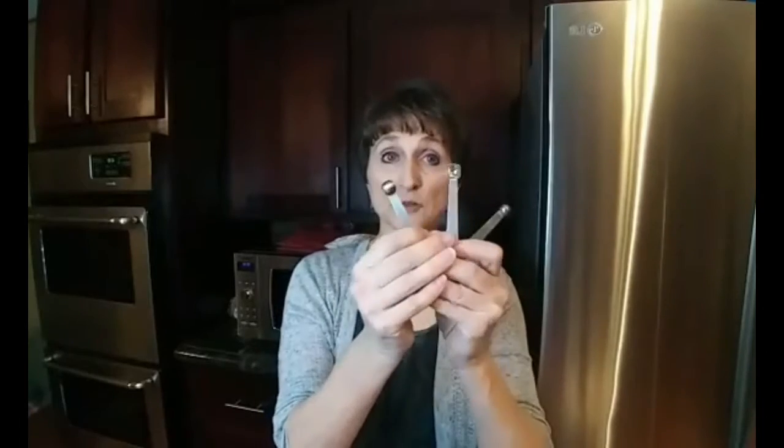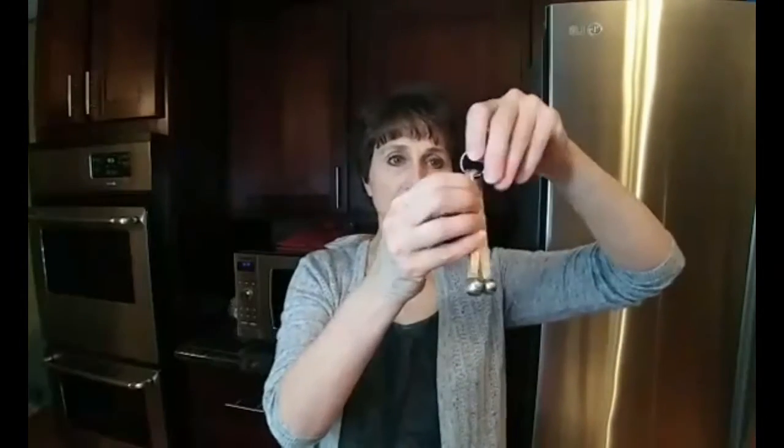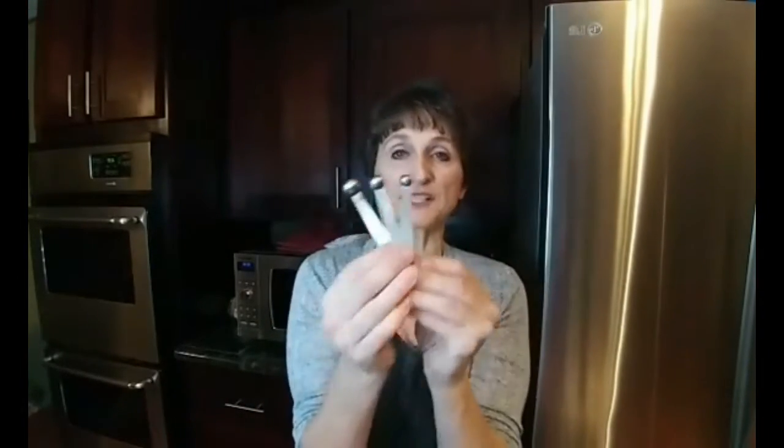So you definitely want to go with the metal measuring spoons. They come in a little ring like this, and there's all kinds of sizes, usually from a tablespoon down to a quarter teaspoon. This set actually was a gift to me because I didn't have it. This happens to be a dash, a pinch, and a smidgen, so really tiny ones. You don't have to have those, they're extra, but I just wanted to show you